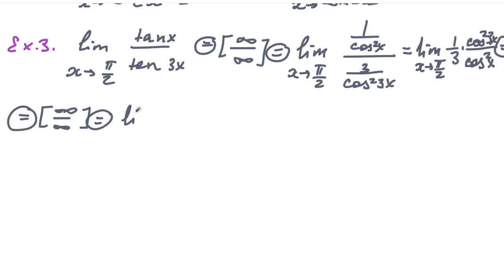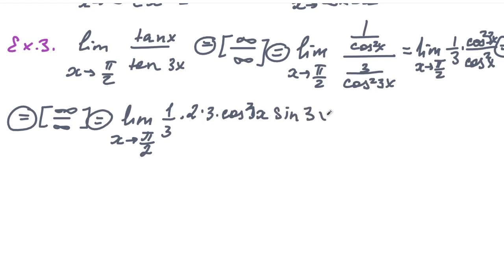And use the rule of L'Hopital again. We have 2 times 3 times cosine of 3x times sine of 3x over 2 cosine of x times sine of x,